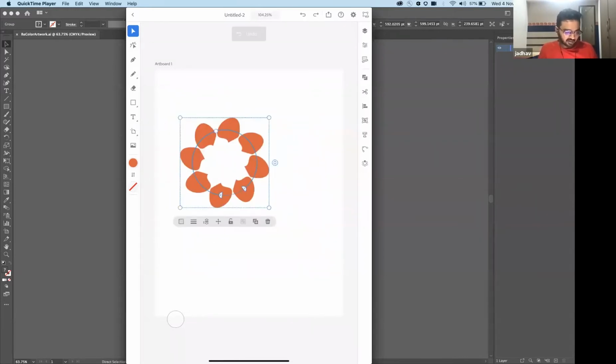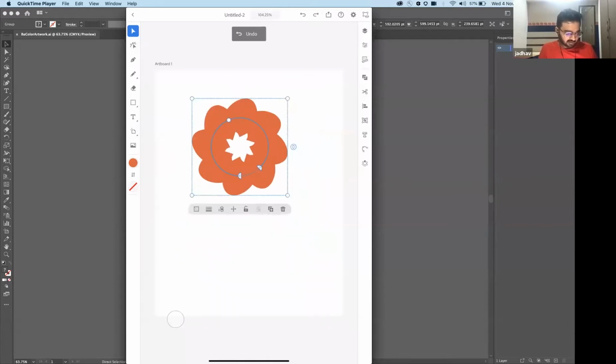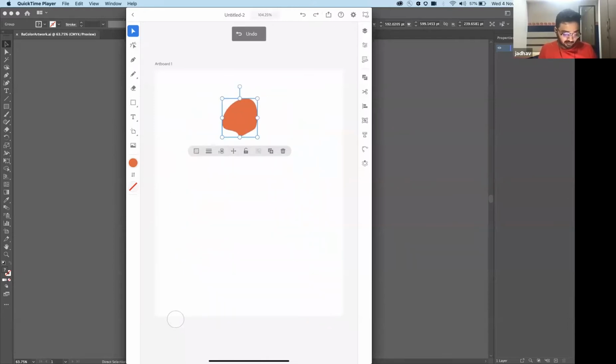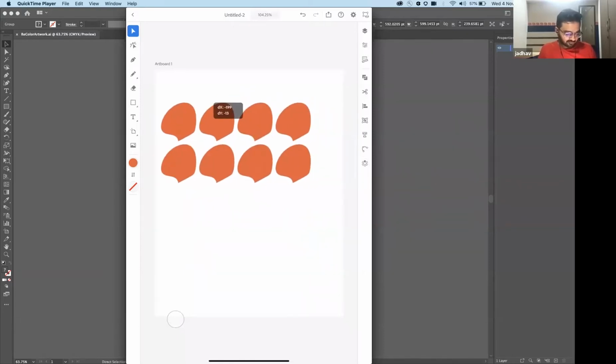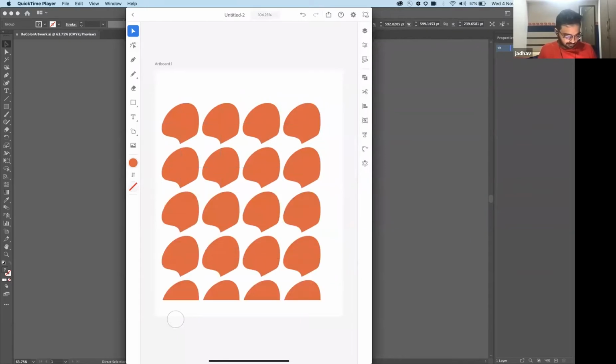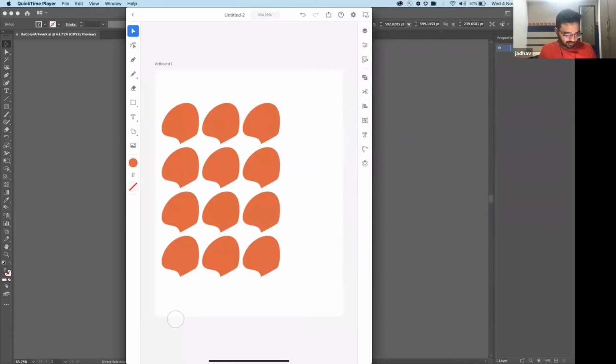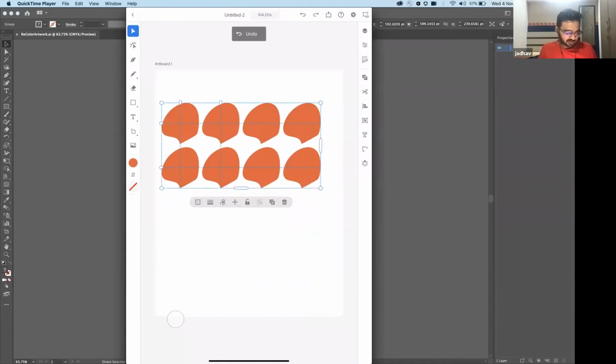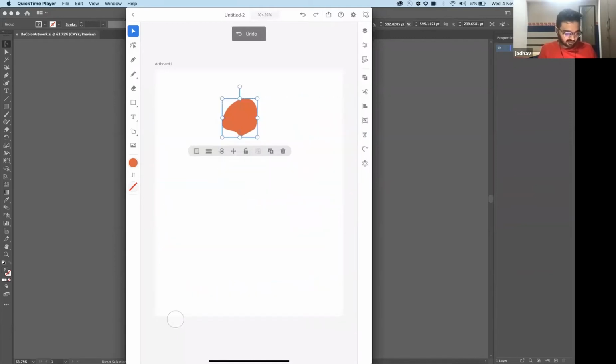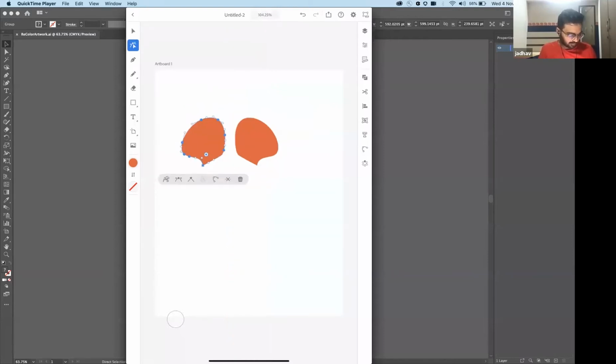I can also use some of the other tools within the repeat. So I've got other tools like repeat a grid. So now I can have multiple available in a grid. If this is not enough, you also have the symmetry tool. So if I click on mirror, this is the mirror which I can have in place. And these are live, right? So if I change one of the portions, the other will also get updated.